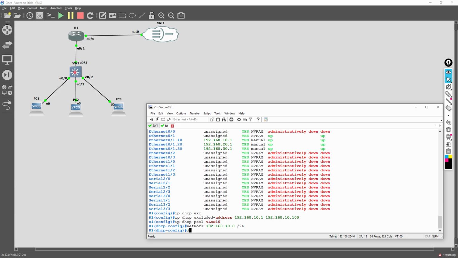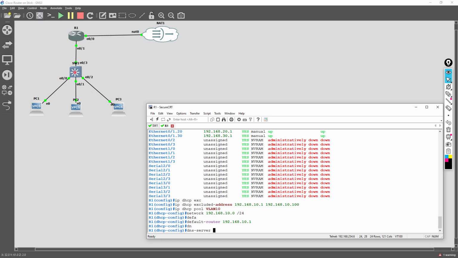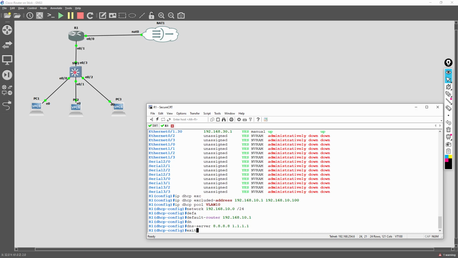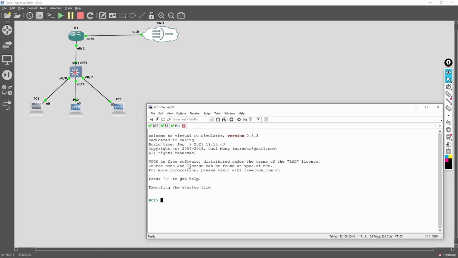Then after that, you can say network 192.168.10.0/24. Then default router, who is the gateway? Same, 192.168.10.1. Who is the DNS? 8.8.8.8. What is your alternate DNS? 1.1.1.1. That's it. Save the configuration. Now go to PC number 1. PC number 1 belongs to VLAN number 10. So right now I have configured the DHCP for my VLAN number 10, and also I configured the subinterface